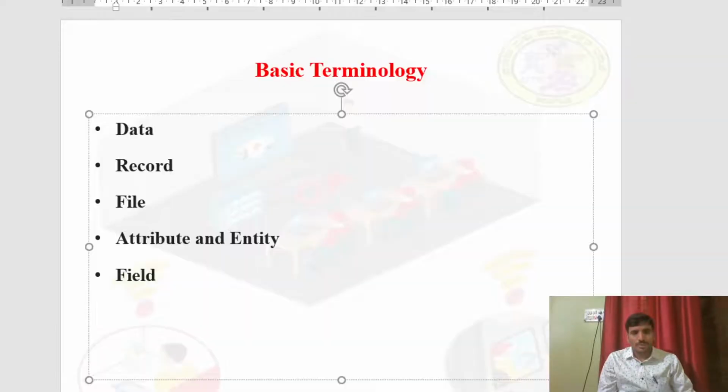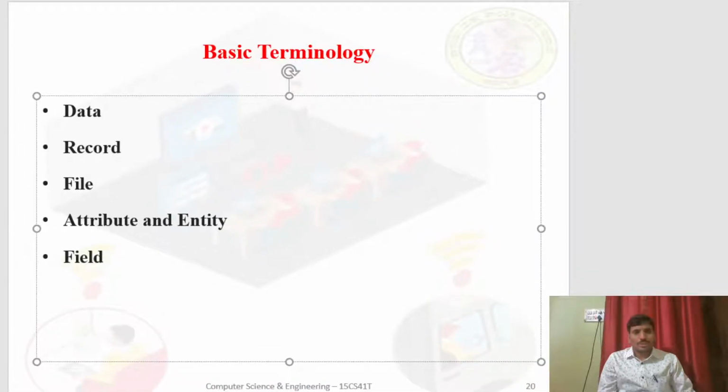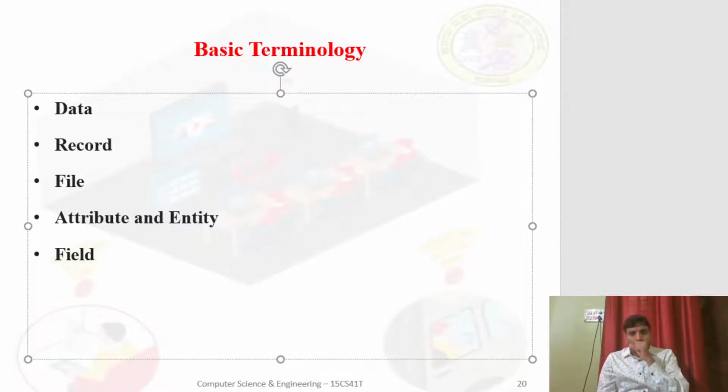Okay, students. Now coming to the attribute and entity. Entity is a real-time object, a real-time entity. Attribute represents the property of the entity, such as color of a person, height of a person, name, mobile number, address. So this is attribute. And coming to the last terminology called field.